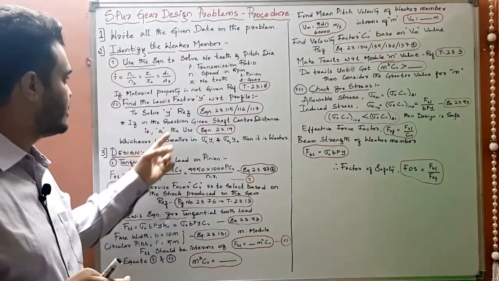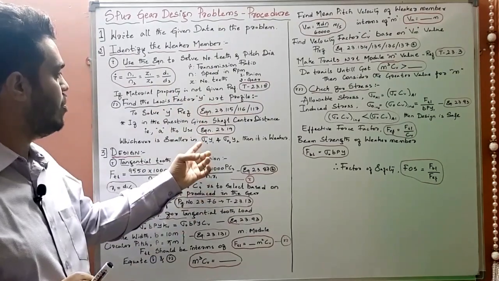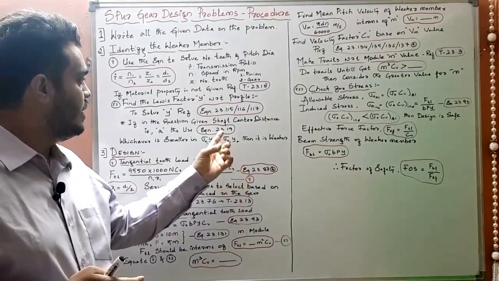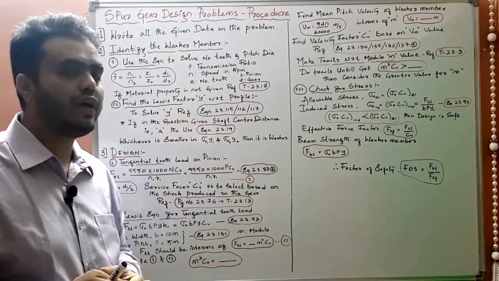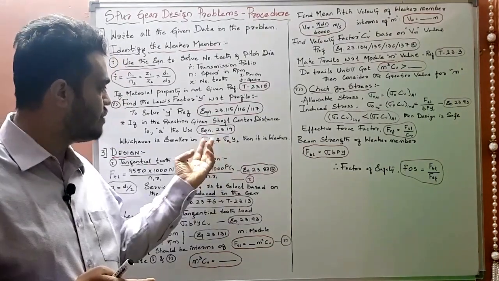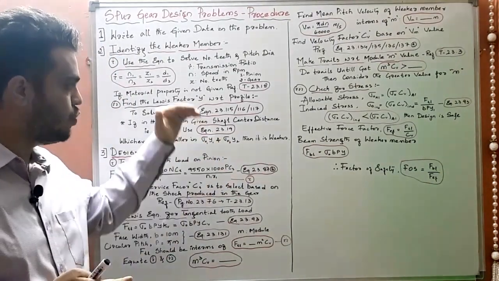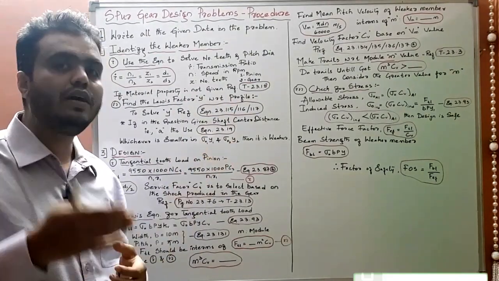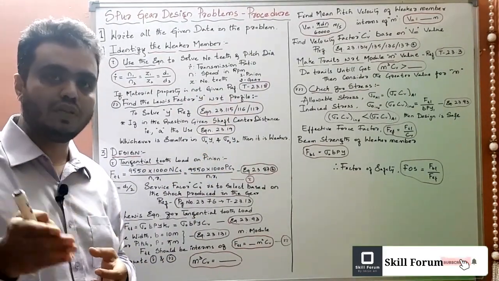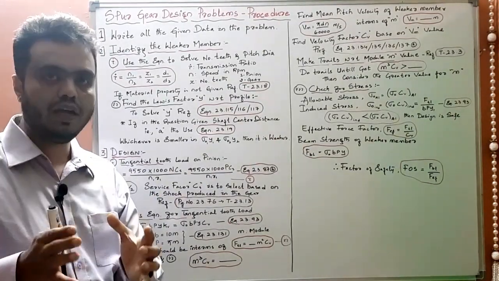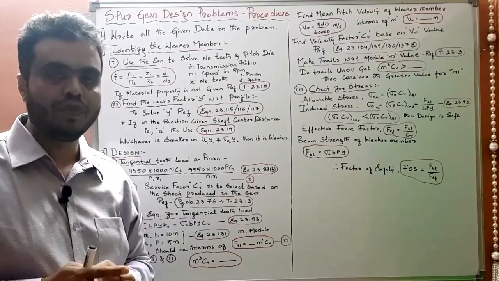Okay, so with respect to this, we got sigma naught by using table 23.18. Next, y we got by using the Lewis factor equation from the design data handbook, right. So once we solve sigma into y with respect to gear as well as pinion, we can find the lesser value. Whichever is the lesser value, we need to consider that as the weaker member. This is the first step you need to do.